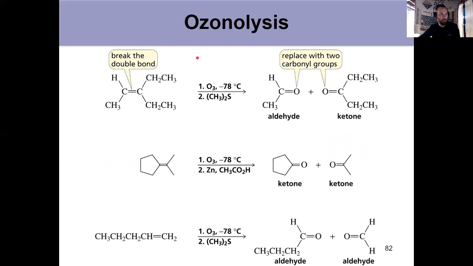Make sure you know the conditions. You need ozone and low temperature, like I mentioned. So O3, low temperature, -78. You get that from a mixture of dry ice and acetone. It's not just a random temperature. Okay, so ozone -78, that gets you your ozonide, and then either dimethyl sulfide or zinc and acetic acid, either